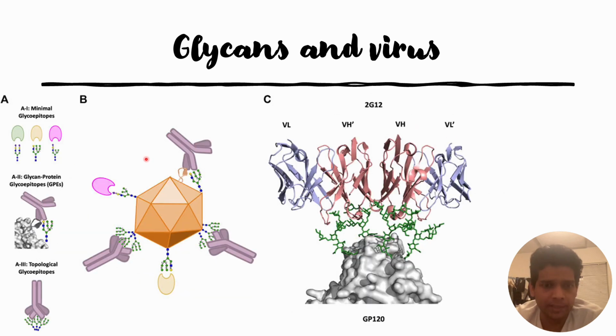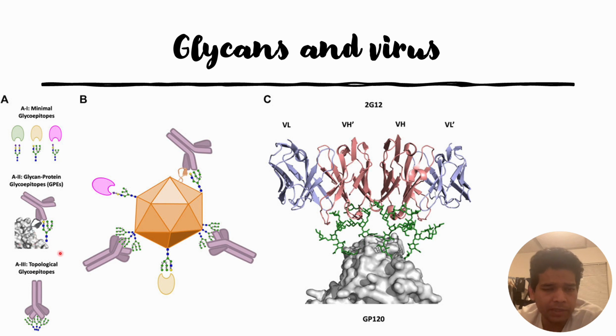Now let us understand what the different kinds of glycans are and how they interact with the host. One type of glycan interaction is known as A1 or minimum glycoepitopes. In this case, glycans directly interact with the ligand. There is no protein presence. However, in another case, which is known as A2, glycan protein glycoepitopes or GPEs,